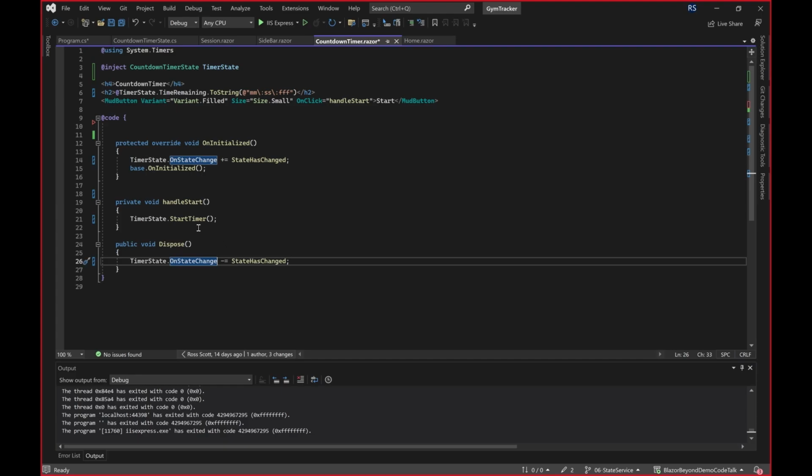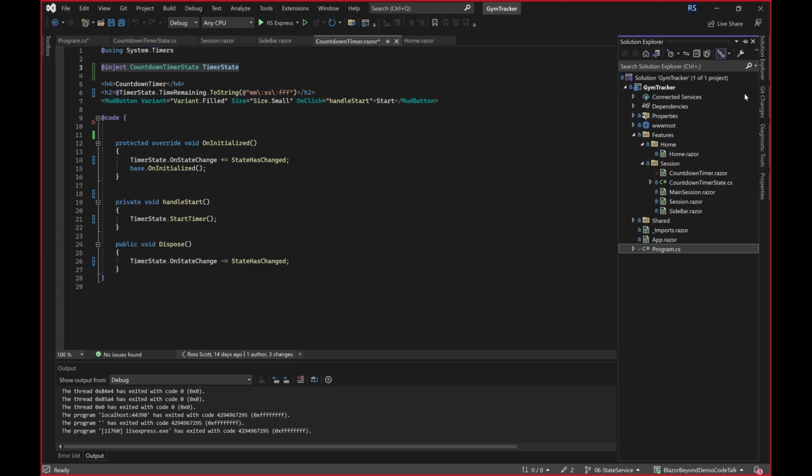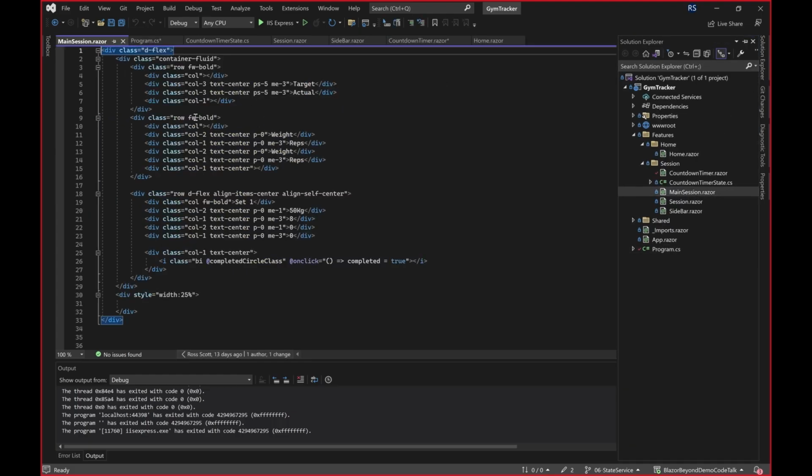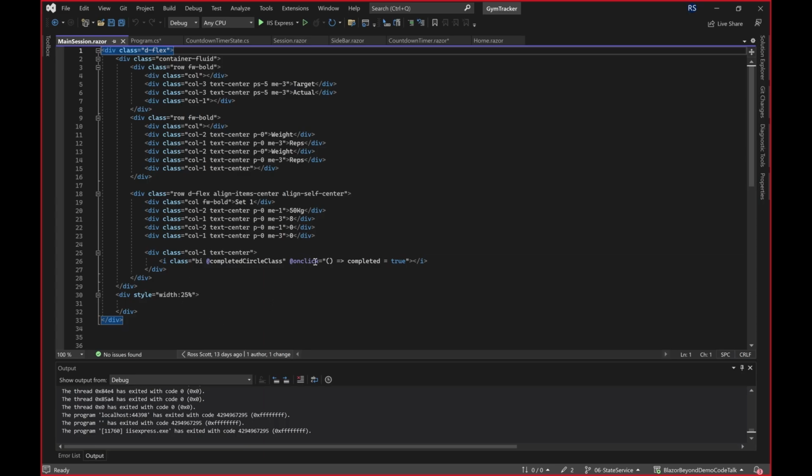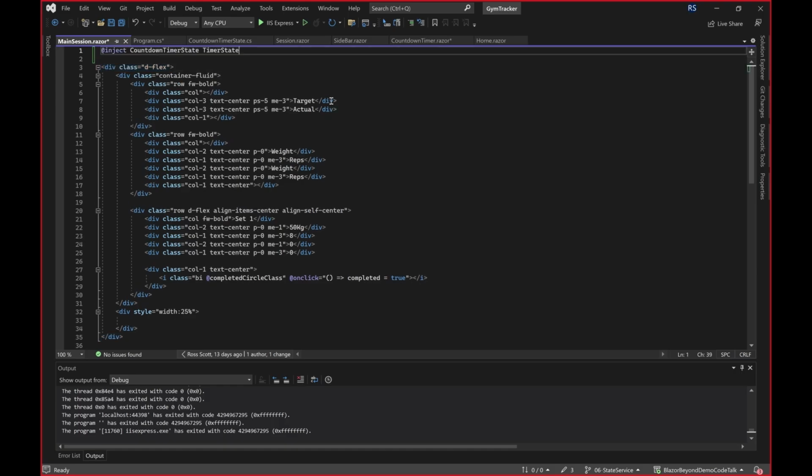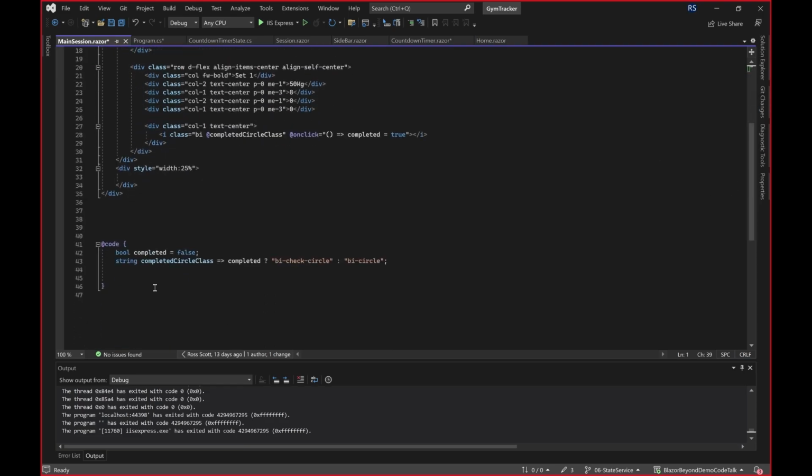I'll just check my code. The only other place that we need to wire it up is in the main session. So let's go there so we can communicate with this page. If I go to the main session, I've got a little bit of HTML in here now for just laying out a fake set. And so I will just inject the timer state into here, and I will create a handler which I will call handle toggle completed,